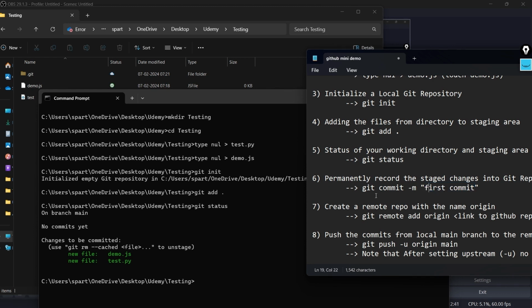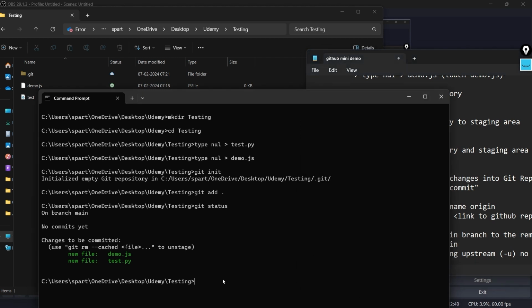And now what is this going to do? It's going to permanently record the staged changes into the Git repository. So the first thing we are going to do is with respect to this Git repository, and later on we are going to push these changes to the GitHub repository. So I'll be using git commit -m for the message. You can write any type of message. Let's say this is my first ever commit, something like this,